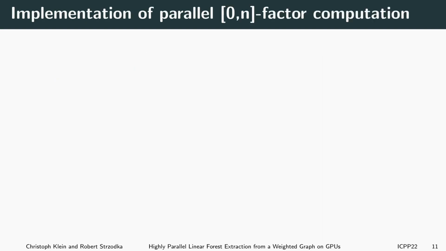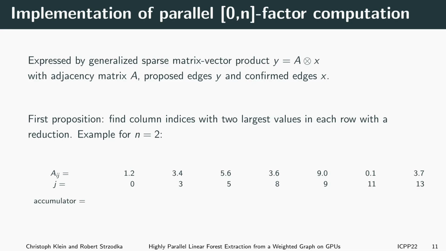Yeah, but the interesting part is now the implementation, because for a trivial implementation, one would use one GPU thread for each vertex. But that is not good for load balancing on the GPU, so we had a more detailed look into that, and it turns out you can formulate this as a sparse matrix vector product actually,